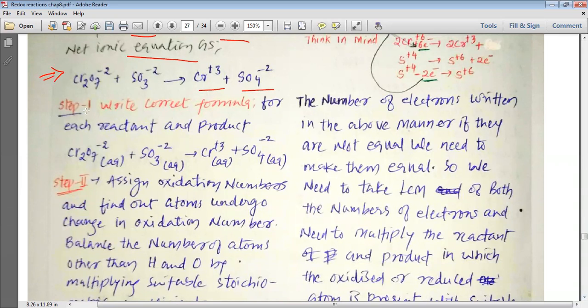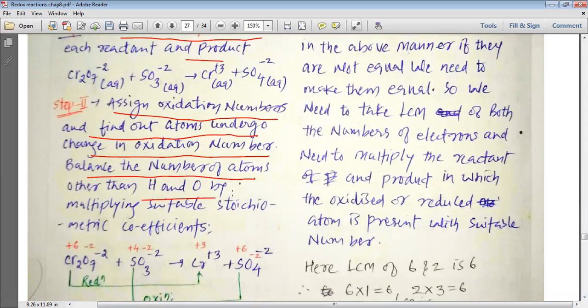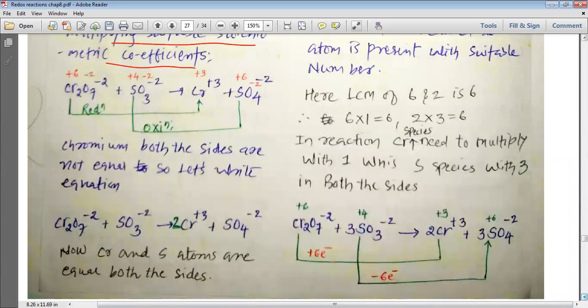In this method, the first step is to write the correct formula for each reactant and product. So we have written the correct formula for each reactant and product, and then we move to the next step. Step number 2: we assign the oxidation number and find out the atoms undergoing the change in oxidation number. Then we balance the number of atoms other than hydrogen and oxygen by multiplying with suitable stoichiometric coefficients. So in the second step, we first write the skeletal equation, then we assign the